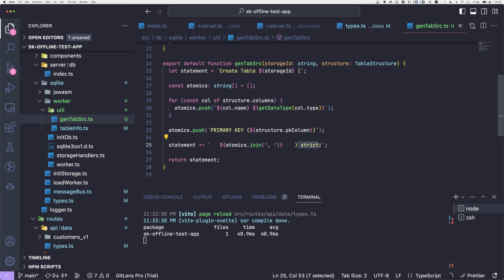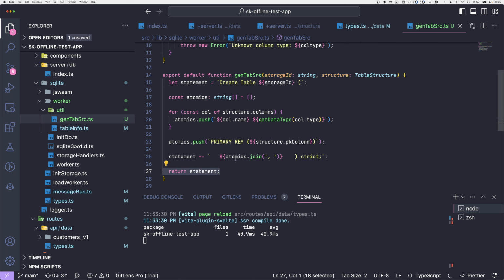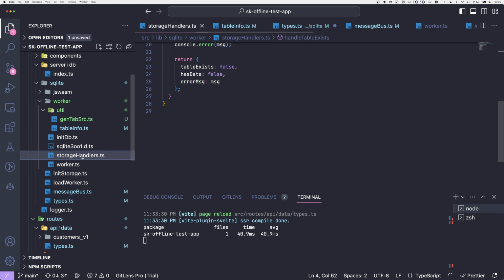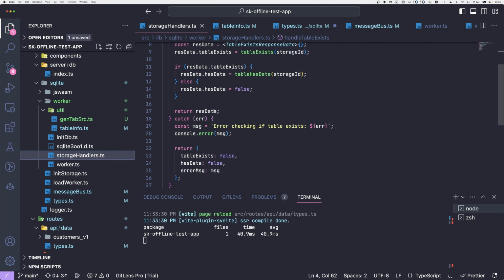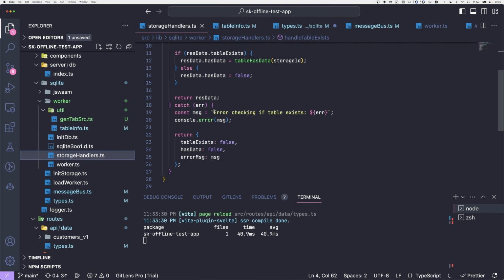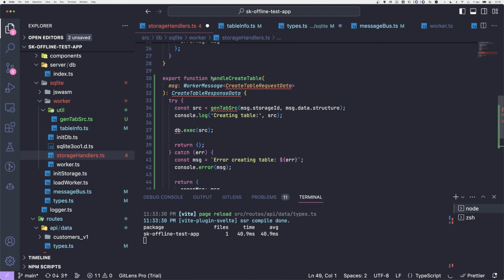And I also like to use the strict keyword for SQLite, which is stricter type definition stuff. And in the end we return just a SQL statement. And then we can go to our storage handlers here and add a new one for creating the table. And here we get again the message data, and this is of the type create table request data, and we return the